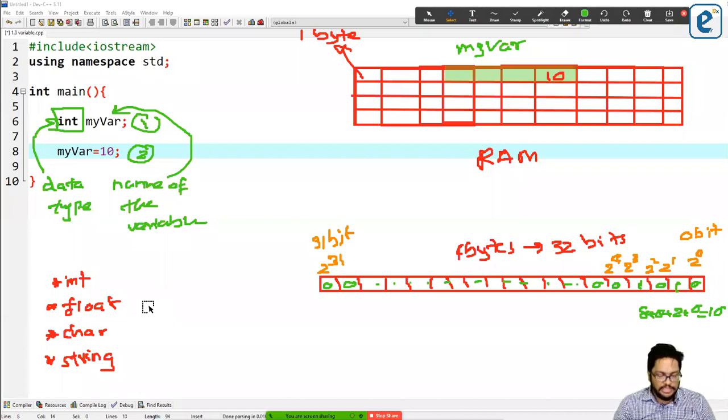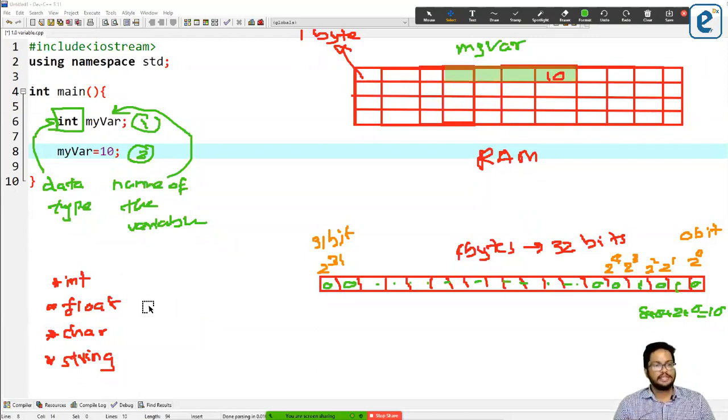So variables are used in order to save or hold values in our code. When you are going to create a variable, you have to worry about two things: the data type and the name.